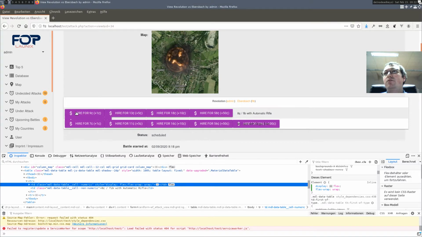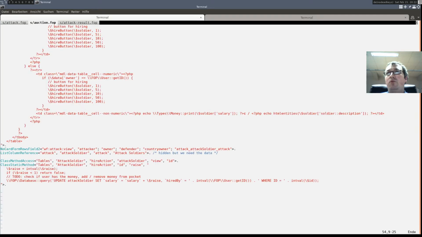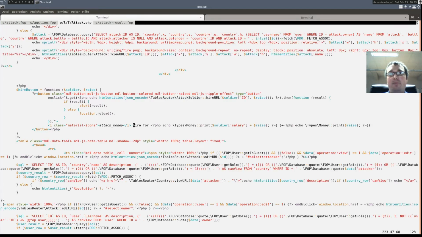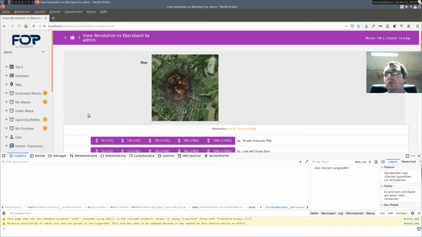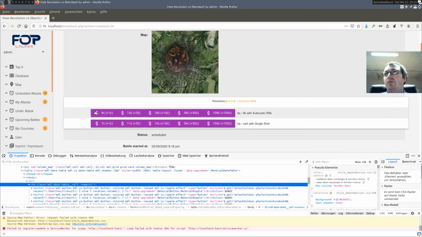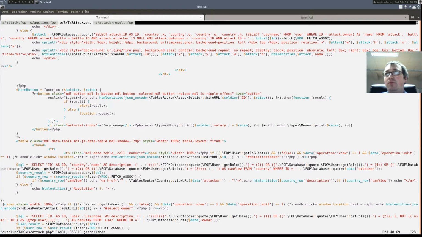Let's just remove hire for. Just remove hire for. Let's also optimize the formula a bit.